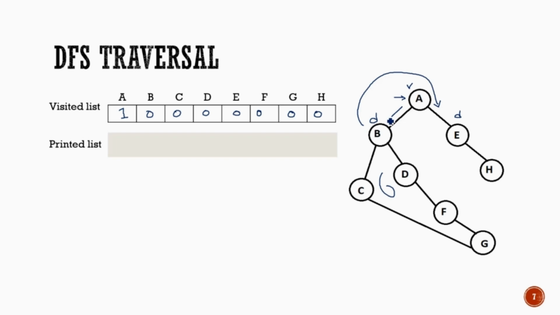So it's clear that we can start processing node B. We need to store the information of node E so that we can get back to this node, and we need a stack. This is because we can push the node E to the stack and move towards the left branch.